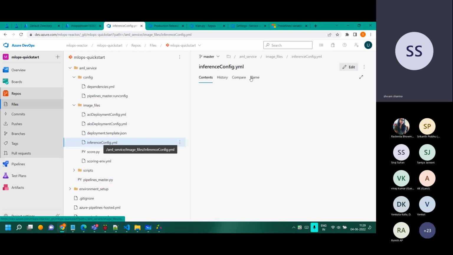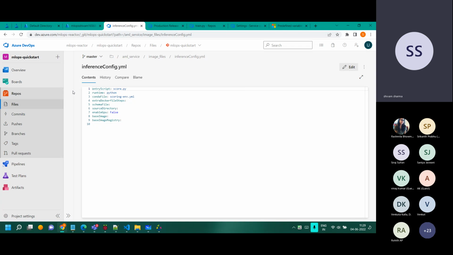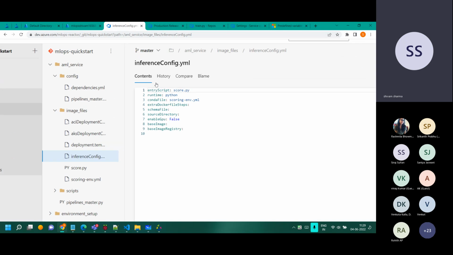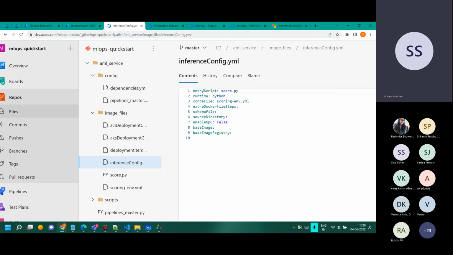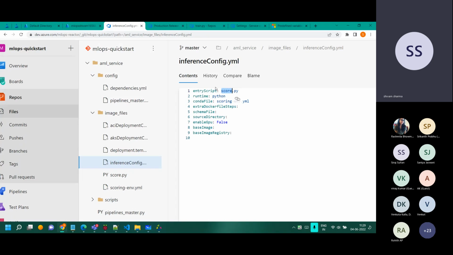Okay. Now notice this, a little complicated here. Looks small, but it's not really small. Entry script is score.py. Okay, great. This blue one is the entry script. Oh, okay, that's the one over there. It's there. Runtime Python